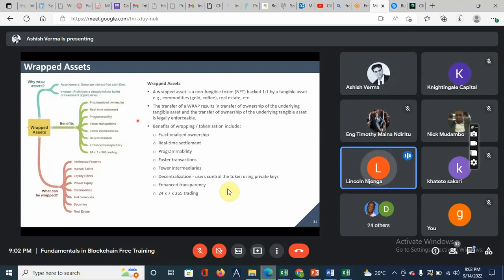Okay, so there has got to be an underlying asset to write a smart contract. Yes, because a smart contract is a subset of the entire blockchain. So you cannot start with a smart contract and then create the blockchain, because then it's not valid. There has to be a blockchain first, or an asset first, to write a smart contract.